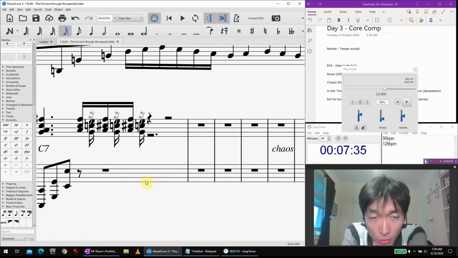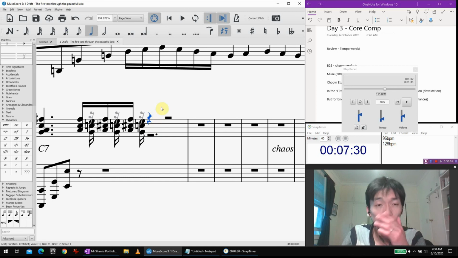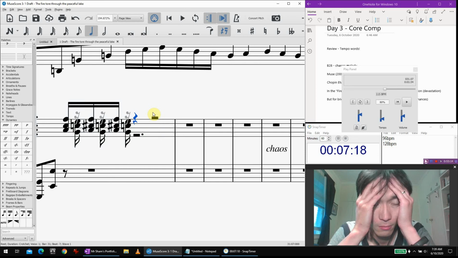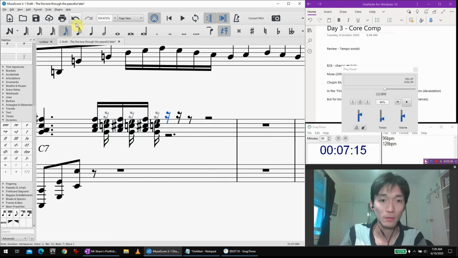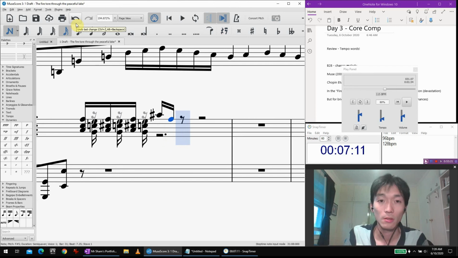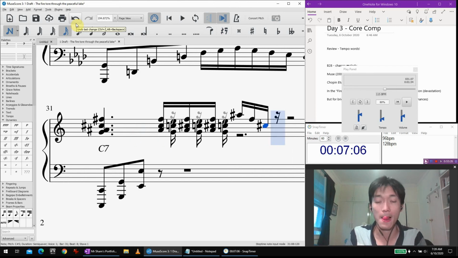Okay, let's do a descending arpeggio. So, right hand can be A sharp. We'll keep heading down.